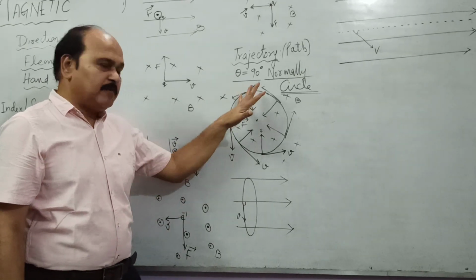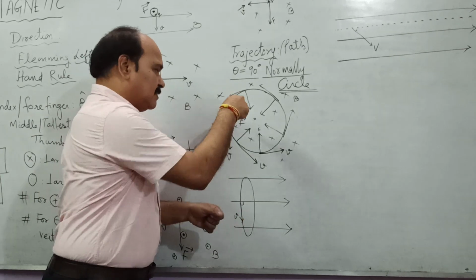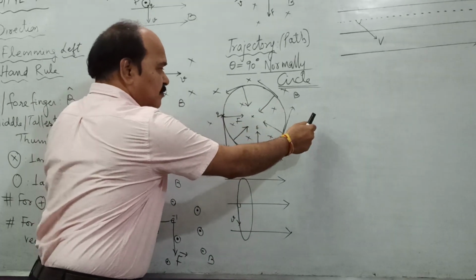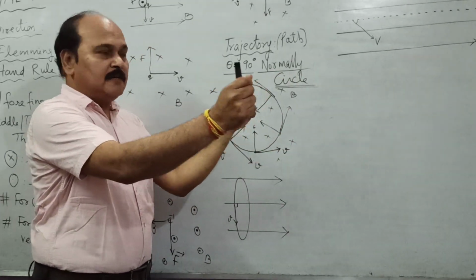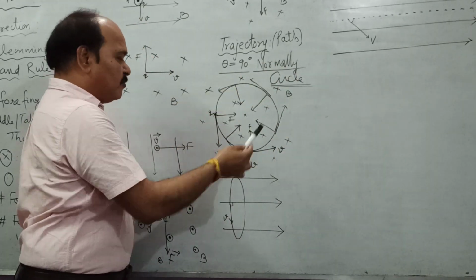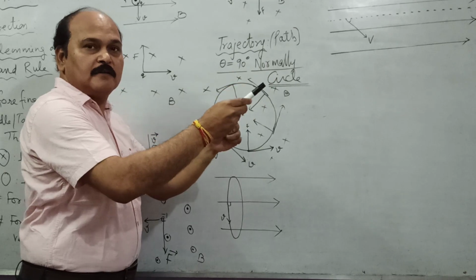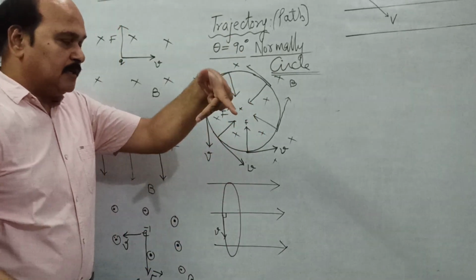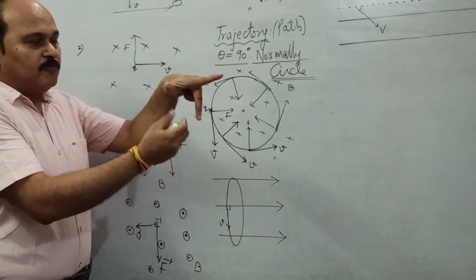The other example, the same example. Now see the magnetic field is in this direction. Let us take this board and rotate it by 90 degrees. If we lift the board and turn it like this, then the magnetic field which is in this direction will be in this direction. Now if a charged particle enters downward in this, then where will the force be?